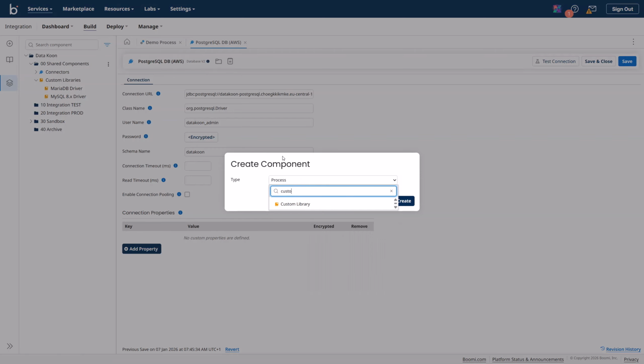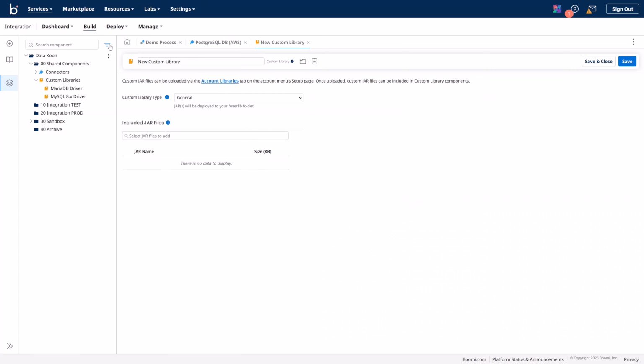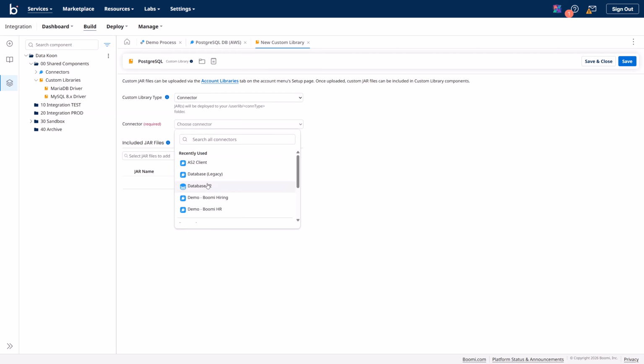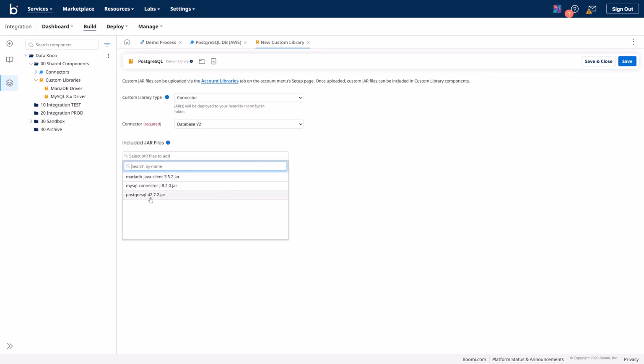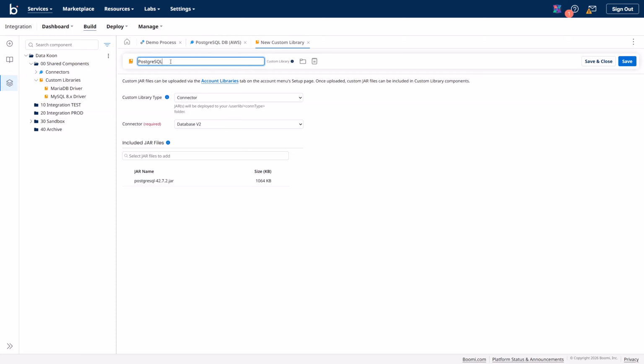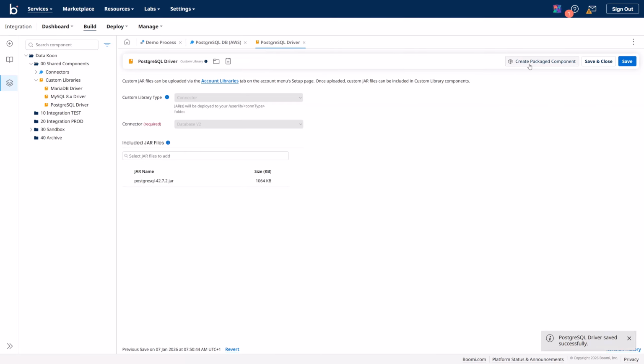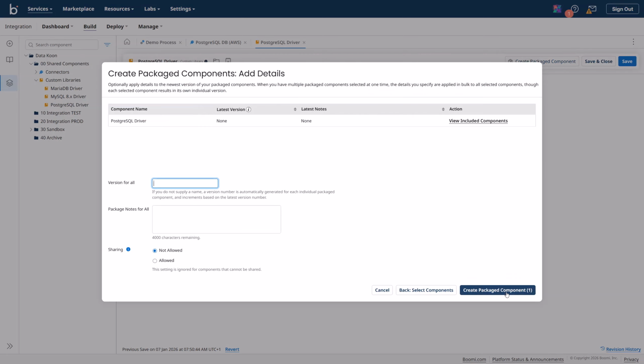So next time we need to make sure that the custom library type is set correctly to connector, I think. Yeah, to connector. The database v2 as connector. We select the correct jar file and now we can save it. Okay, so I removed the 2, save it, and now I create a package component